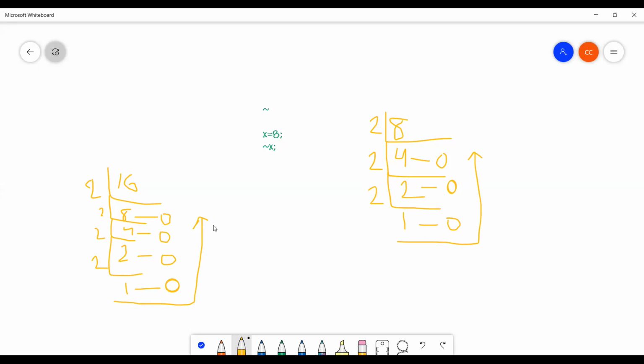So the first step, you should convert any number, that is called a decimal number, into a binary number. After converting, what is the binary value of 8? That is 1000. Otherwise, you take the 16 value. What is the 16 value? 10000.